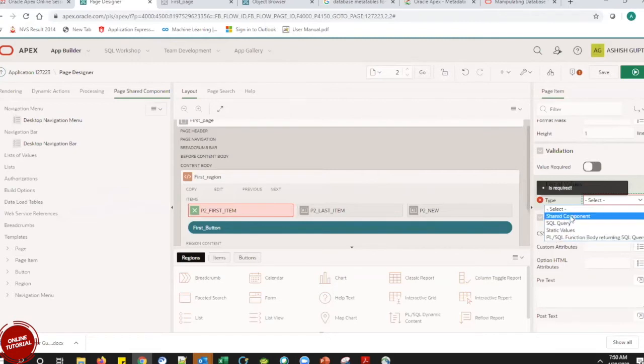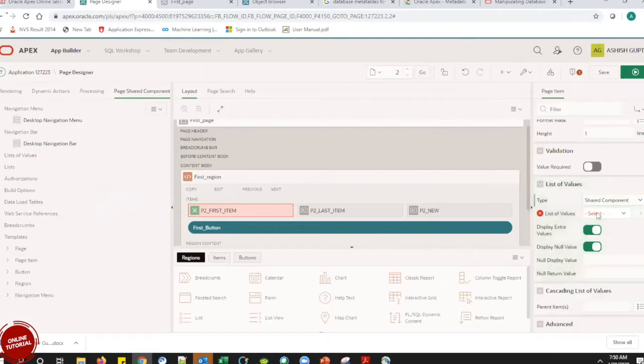Okay. Now I will create one by one. So I am now selecting a shared component. Okay. So when I am clicking on the shared component, that means I have already created this drop down in my shared component, as I was telling you when we were discussing earlier, that we'll create this select list and all in the shared component, and then we are just going to come here and take the values that we have selected in the shared component. So what I will do first, I have to go to the shared component and create my drop down list.